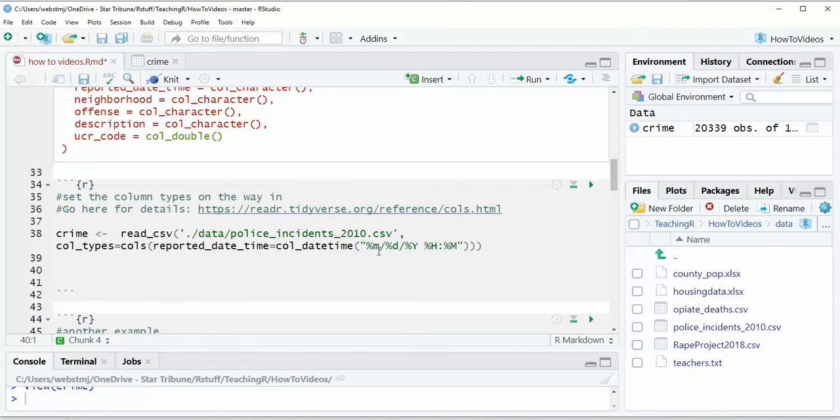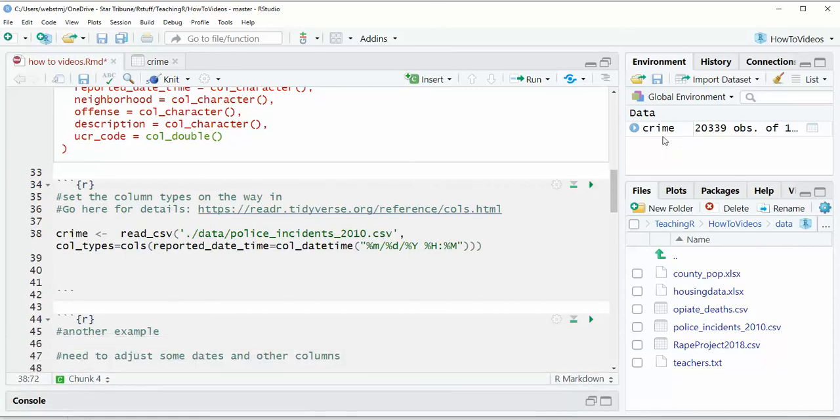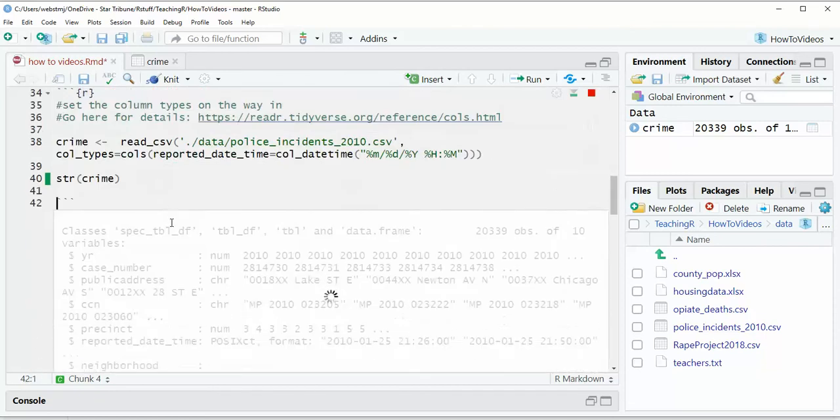But basically we're telling it that this is formatted as a month, day, 4-digit year, space, hours, and minutes. And that's how it appears. If you don't put this in or you get this wrong, it will not import properly. So now if I run this, it's going to overwrite my crime data frame because I'm calling it the same thing. And we can quickly look at the structure of the new crime table, and you can see now that